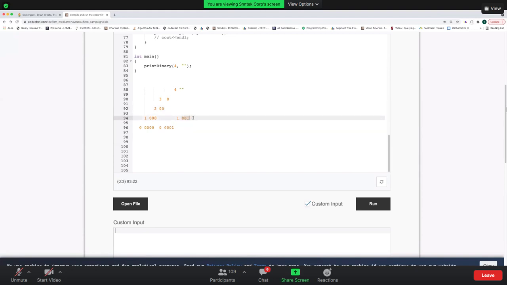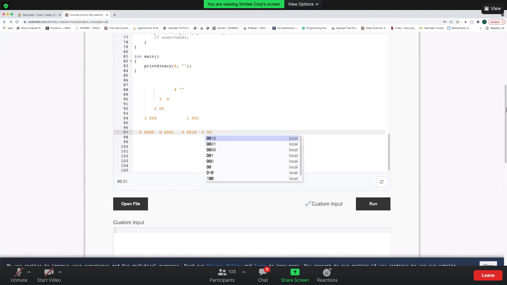This is my prefix now. After adding 1 as a prefix, it will again check both the possibilities: that my n is 0 and I have added 0 in front of this, or my n is 0 and I have added a prefix of 1. That way we are printing all these possibilities. Artha, is this clear to you, or do you want me to explain this further?